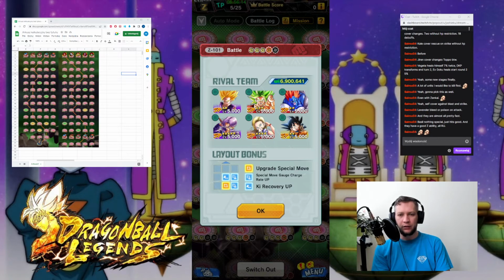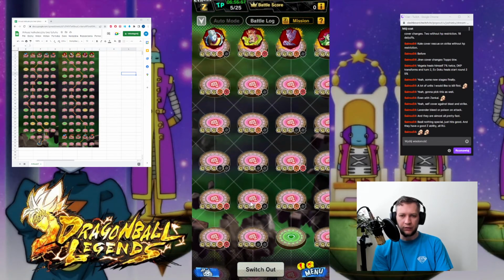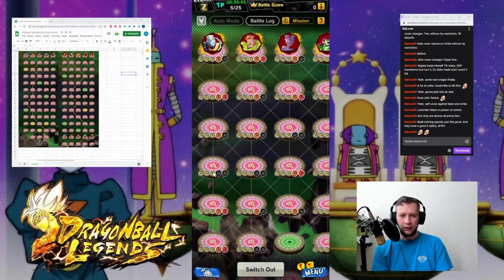yeah, Android 18 and Trunks have a lot of key restore speed, and Kale and Gohan Super Saiyan 2, they are not so powerful with key restore speed. So that's the case of this stage, and yeah, there where we are going to